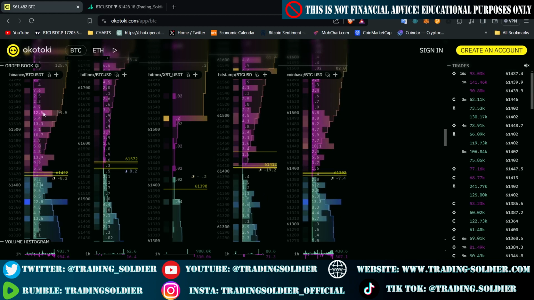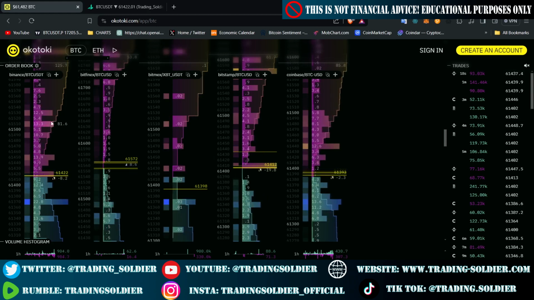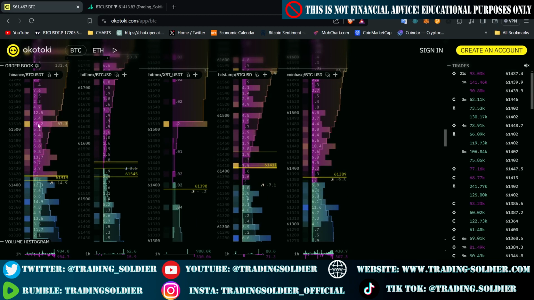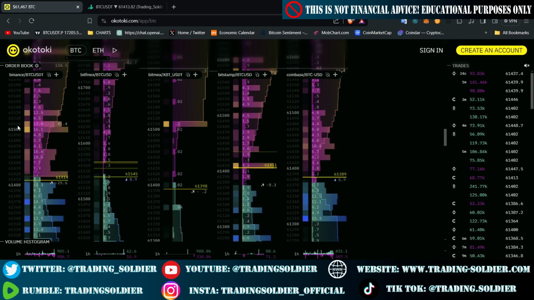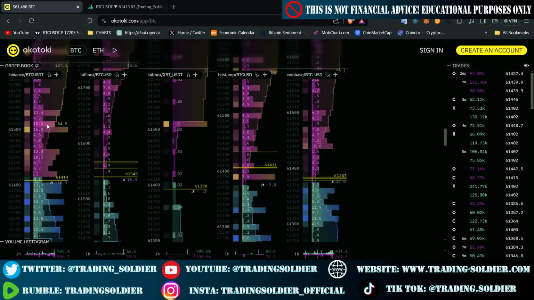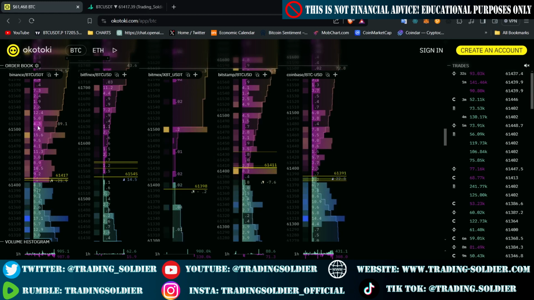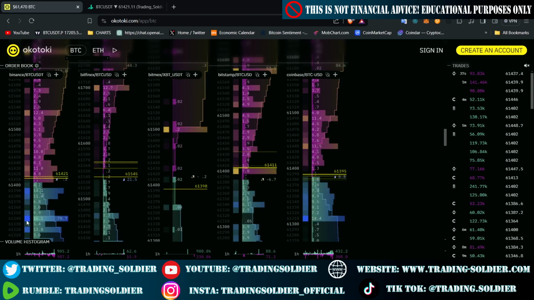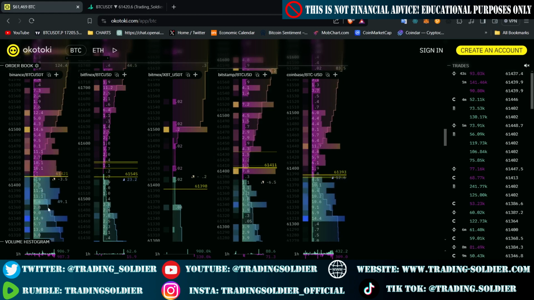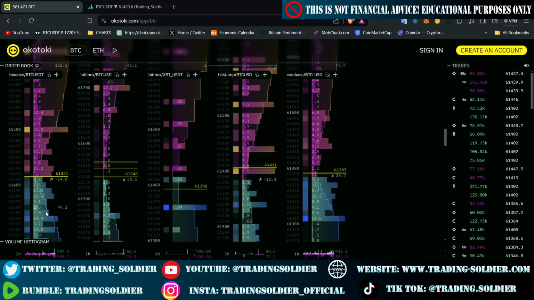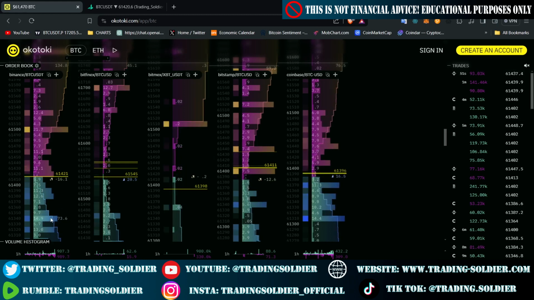Because if we see that a lot of selling orders are clustered at a given price, for example, here we have 20 Bitcoin clustered at $61,150, okay? So we can assume that if the price arrives there, these orders will get filled, so there will be selling pressure there. On the other side, for example, here at $61,340, we have 60 Bitcoin waiting to be bought. So if the price arrives here and this order is not spoofing, we can assume that this limit buy order will be triggered,